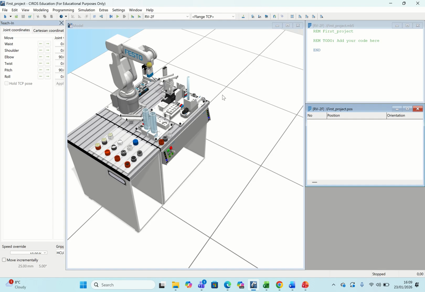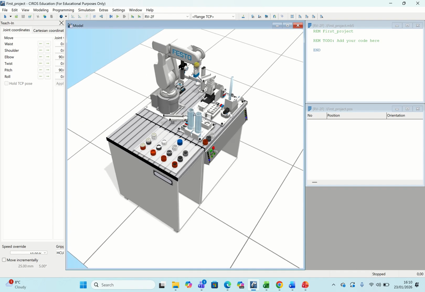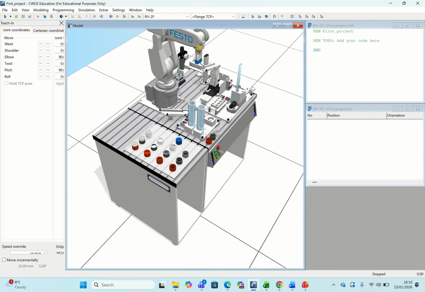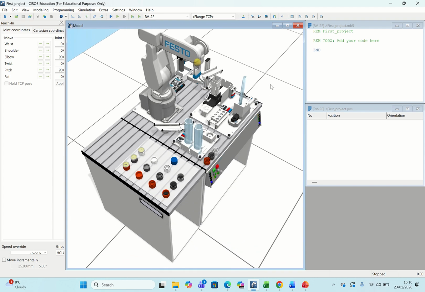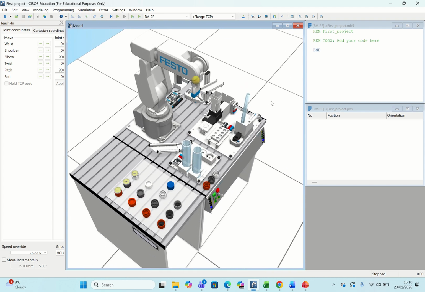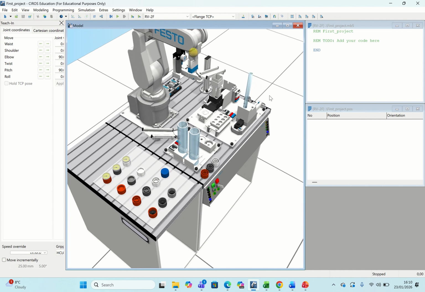Okay, cool. So now let's go on to how we can write a program. And I will teach you few things here. You see, let me move my robot a little bit here and make it a little bit bigger. So guys, if you can see my robot here,